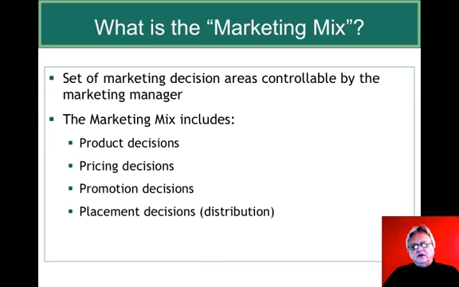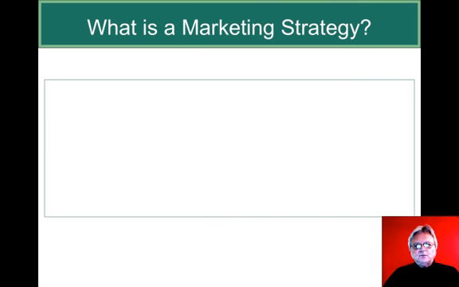Placement decisions have to do with transportation, storage, those types of issues, and we'll talk about all of these in a later chapter. We often refer to the marketing mix as the 4 Ps. So if you see the authors talking about the 4 Ps of marketing, they're referring to the marketing mix. And these are the 4 controllable areas used by the marketing manager. Finally,